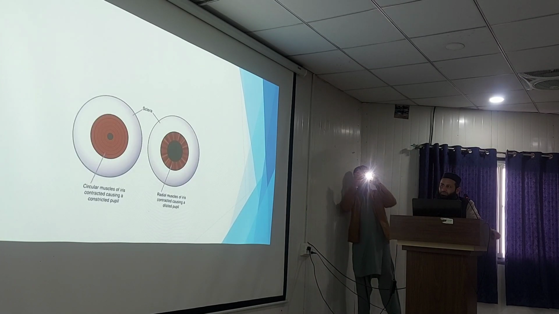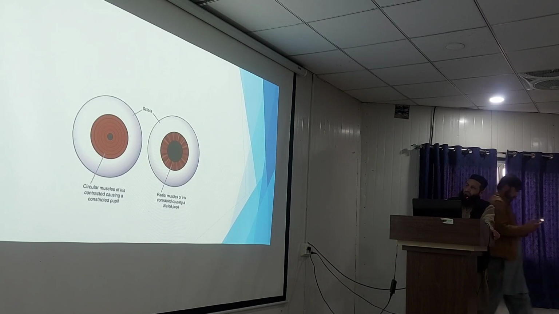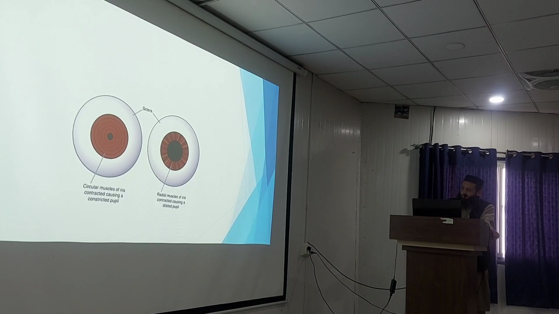So this is the structure which we see from the front. Two pictures here. It is constricted and it is mid dilated pupil. Both two muscles, the constrictor pupillae and the dilator pupillae. So this is the constrictor pupillae, and this,